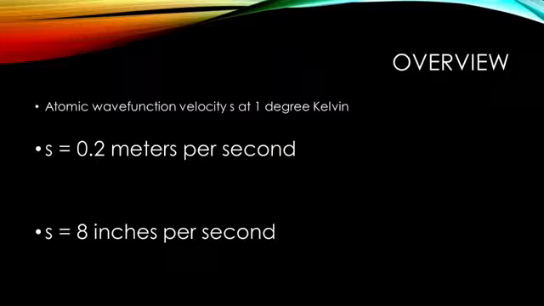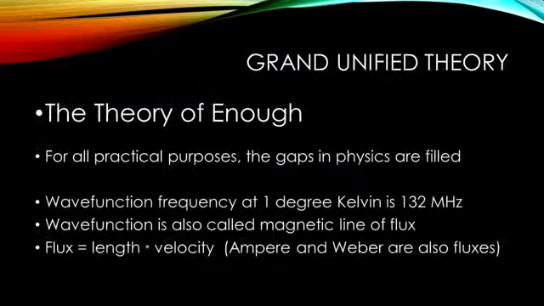As an overview, let me just point out right away that the velocity of the wave function is 0.2 meters per second. That's about 8 inches per second at 1 degree Kelvin. This is part of the grand unified theory called the theory of enough. For all practical purposes, this theory provides enough science, and it fills the gaps in physics that occur in the